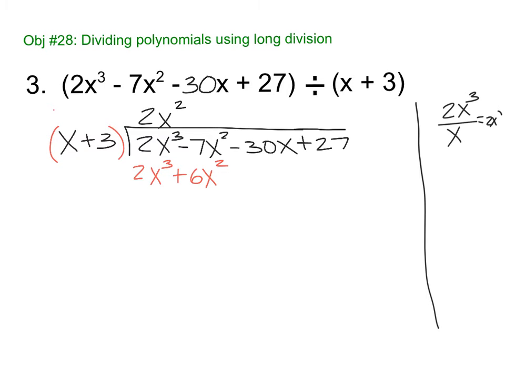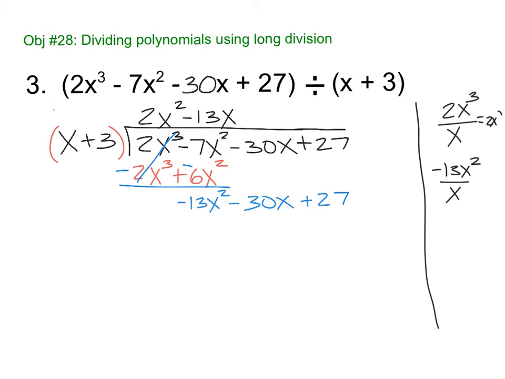Then we subtract. So I'm going to change the sign to subtract. Now, I always change the sign of both of them and basically combine down. I think it's easier. And then I'm going to bring everything else down. Now we're going to repeat it. So I have my negative 13, the first term, divide by that x, negative 13x, distribute negative 13x squared minus 39x, change the sign of the inside of the bottom, so that becomes a plus and a plus. My 13's cancel, 9x plus 27,